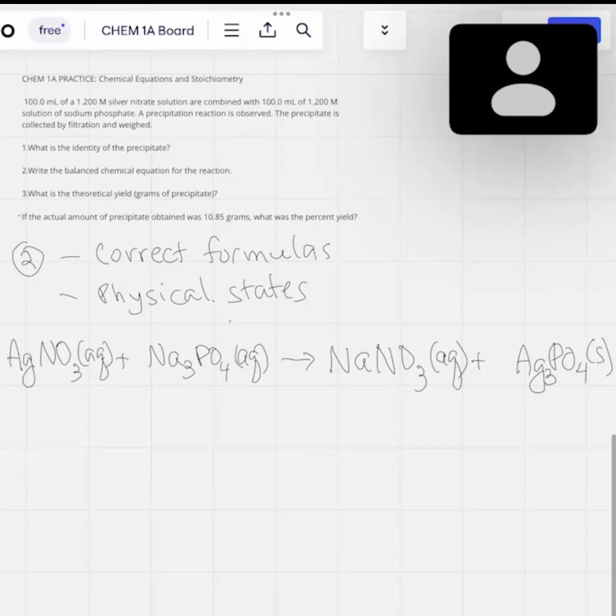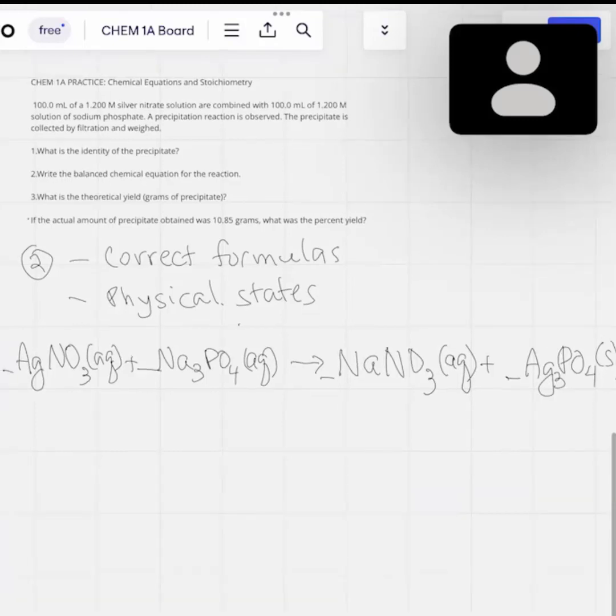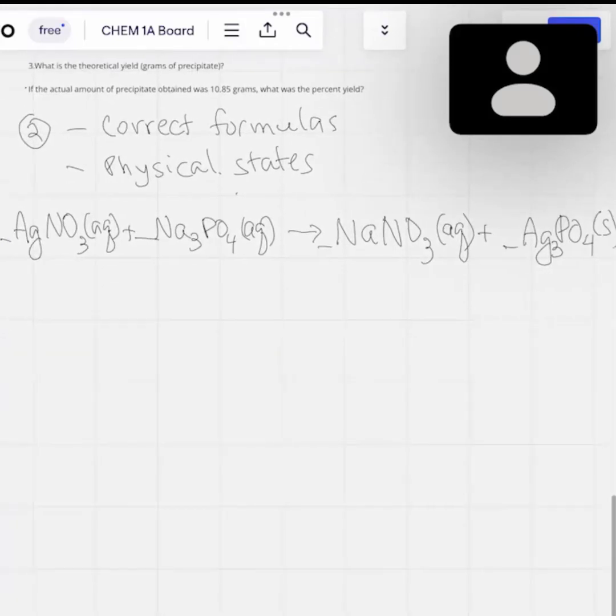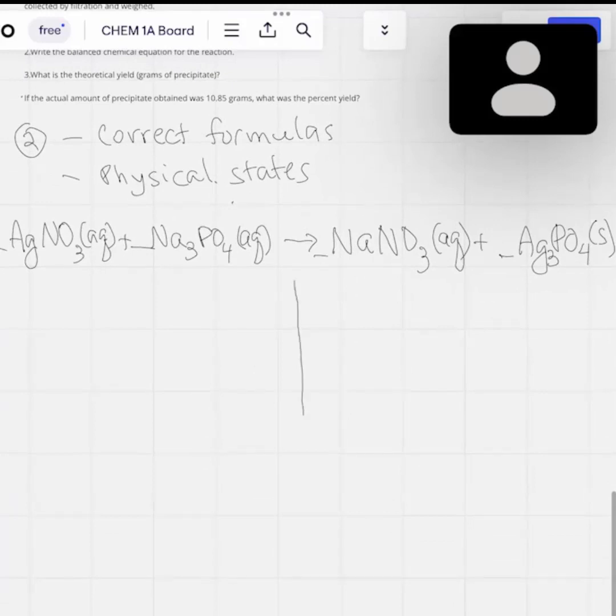Now remember that when you balance an equation, once you have the formulas written down, you cannot change the formulas themselves. All you can change are the coefficients. So I'm going to leave some blank spaces here in front of these guys just to make sure that we have the proper space for them. And the way you do this depends. So what I have recommended is that you basically run a bar here, and then you list out all the